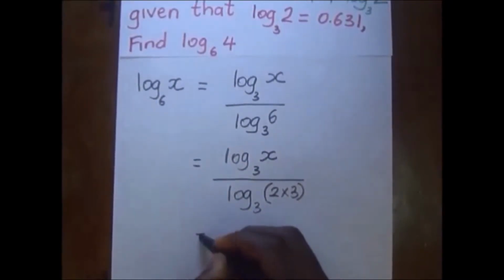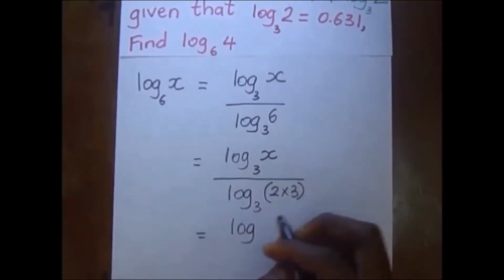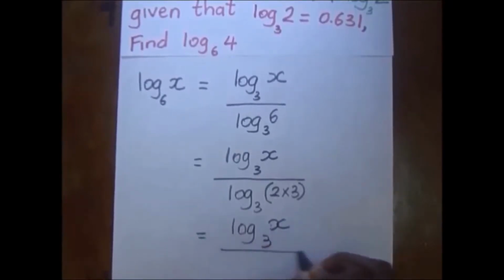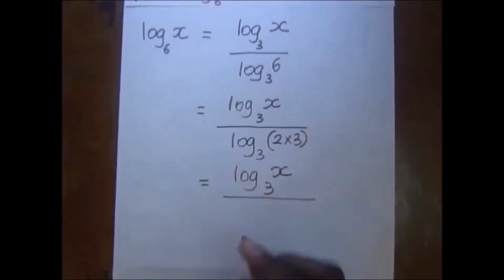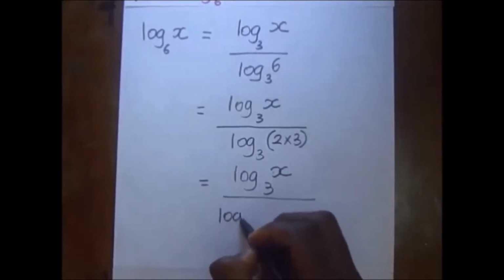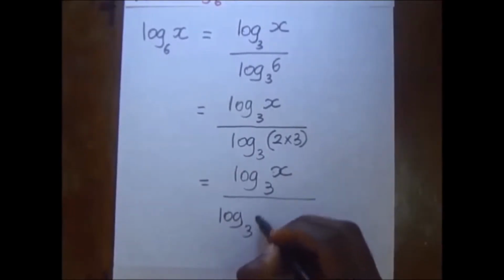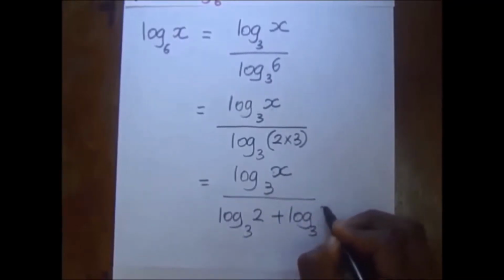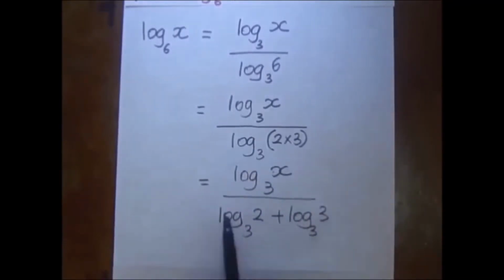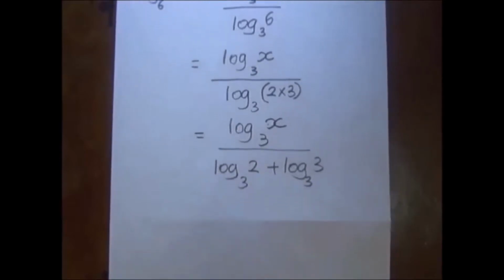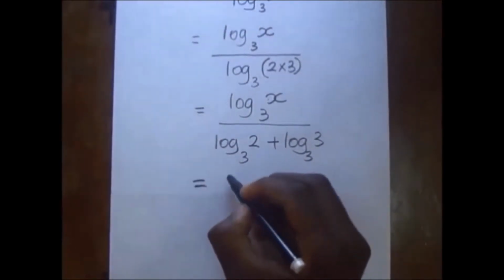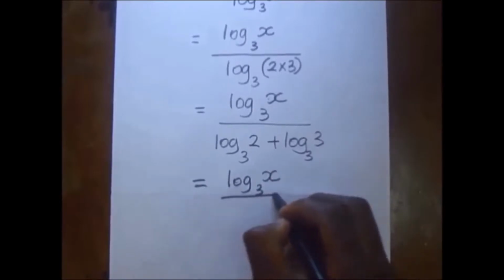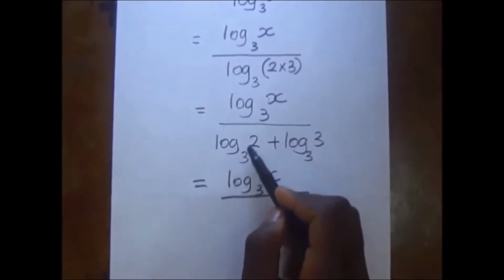So this is going to become logarithm of x base 3, divide that by log of 2 base 3 plus log of 3 base 3. We are getting this expansion from our laws of logarithms, so we shall end up with log of x base 3, divide that by log of 2 base 3